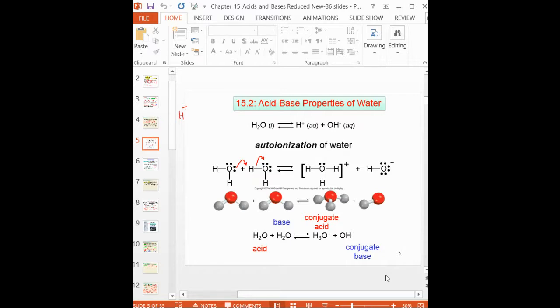So both are acid and base reactions. On the other side, you will get the hydronium ion, that is one extra H here, with a positive charge because a lone pair of electrons is removed and reacts with hydrogen as a proton. The other will get OH minus. On the left-hand side we have the acid and base, and on the right side, as I told you, the positive species always looks like an acid and the negative species looks like a base. So then you can write the acid and conjugate acid-base pairs.